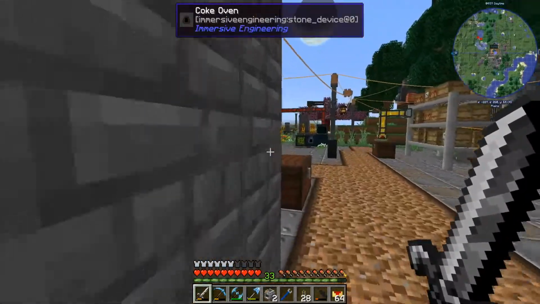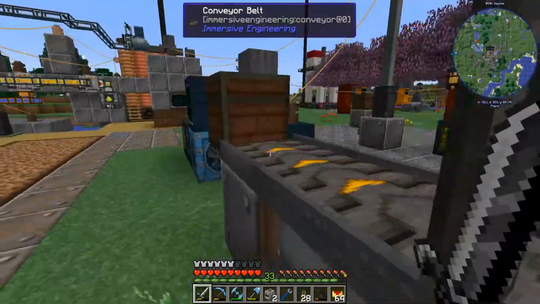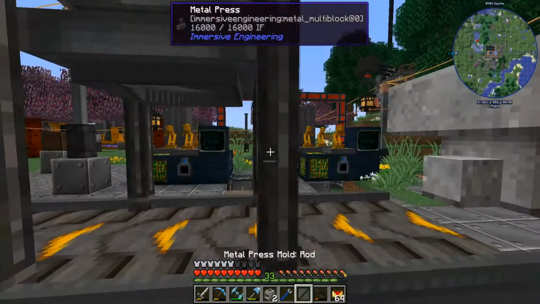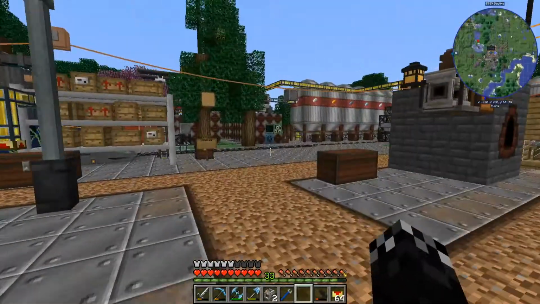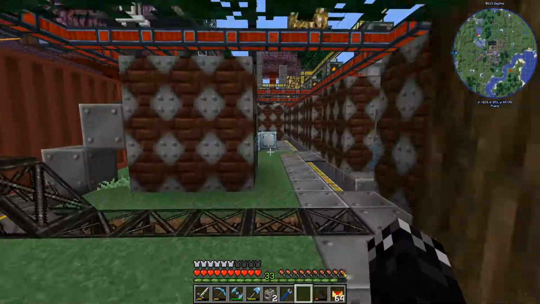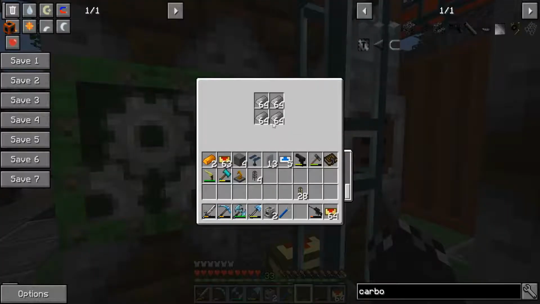Otherwise I think I've got a rod tool, a press thing for, there it is. So otherwise I'll just do this and get myself some steel, and I'll just make up a bunch so we can get some blaze rods. It's going to cost us a bit of power, but if I grab, let's just say half a stack,